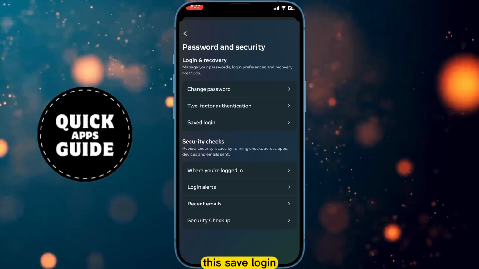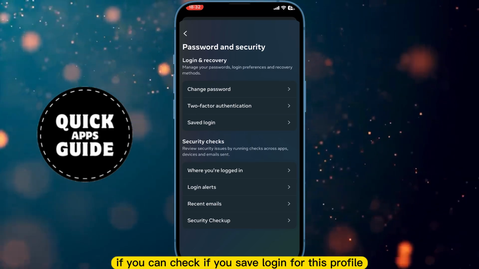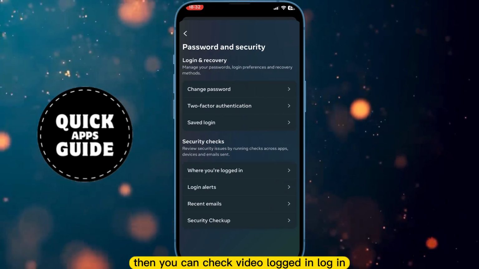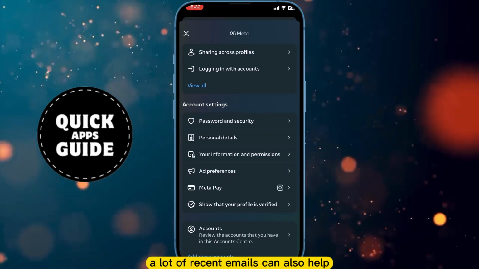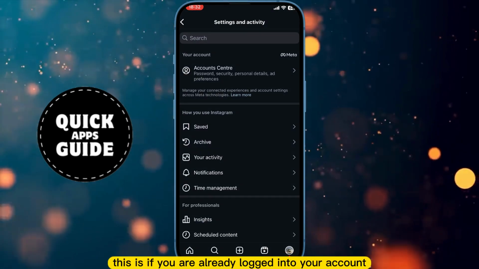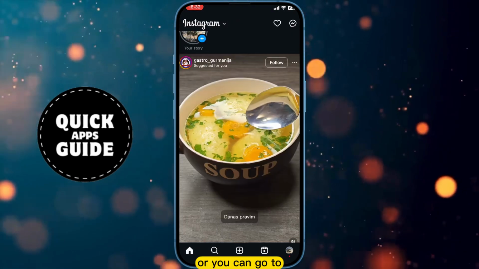This saved login, you can check if you saved login for this profile, then you can check where you logged in. Login alerts and recent emails can also help. This is if you are already logged into your account, or you can go to